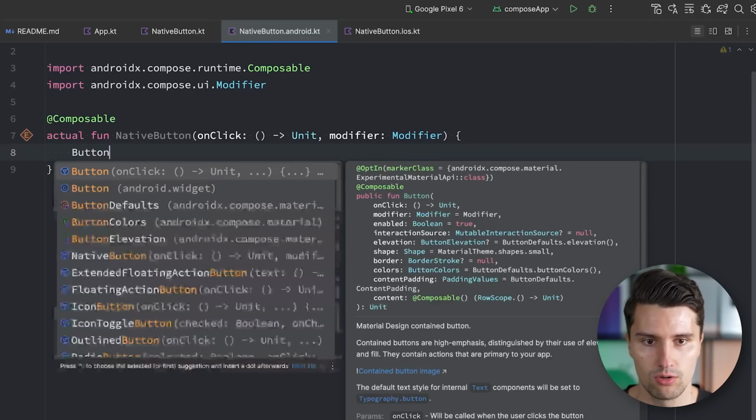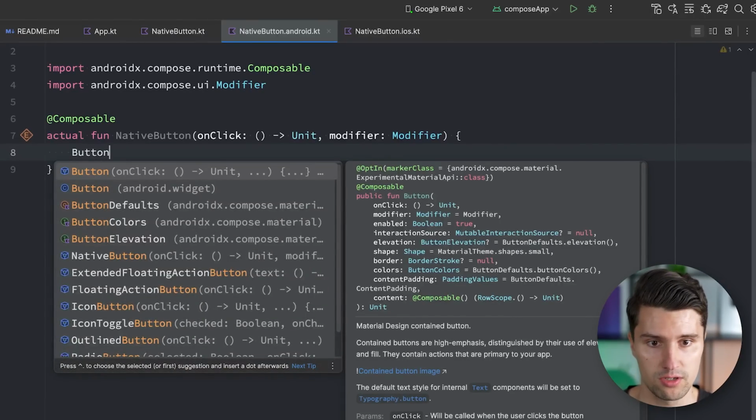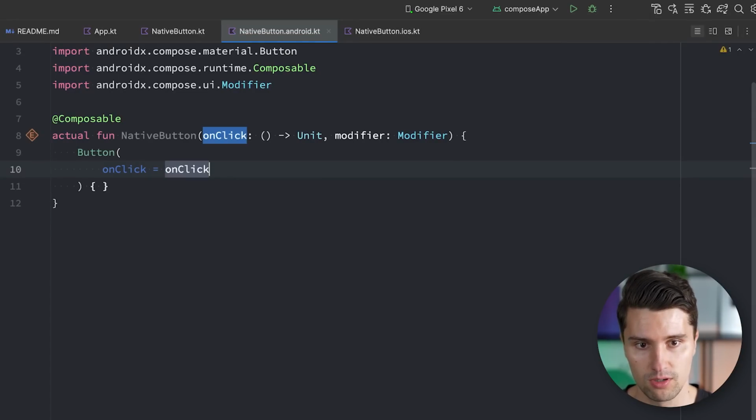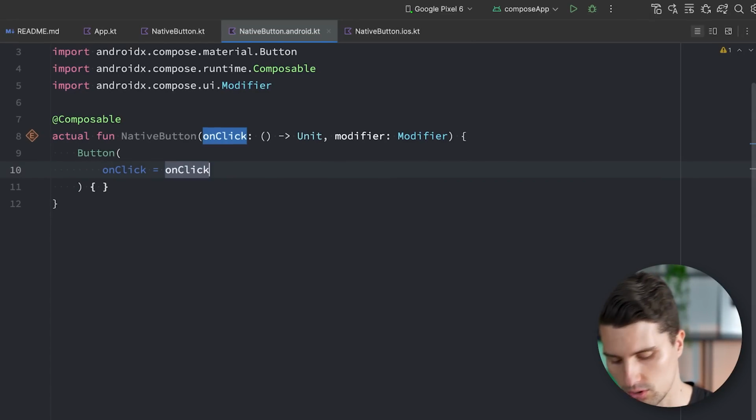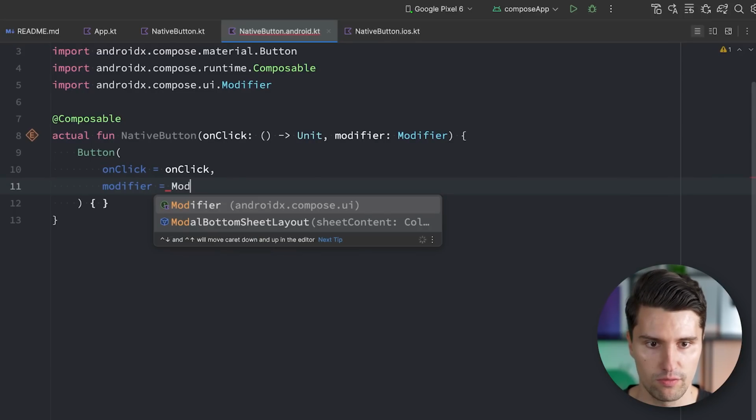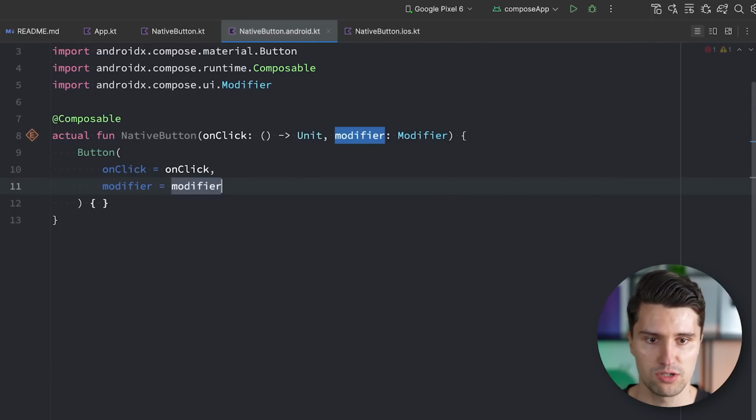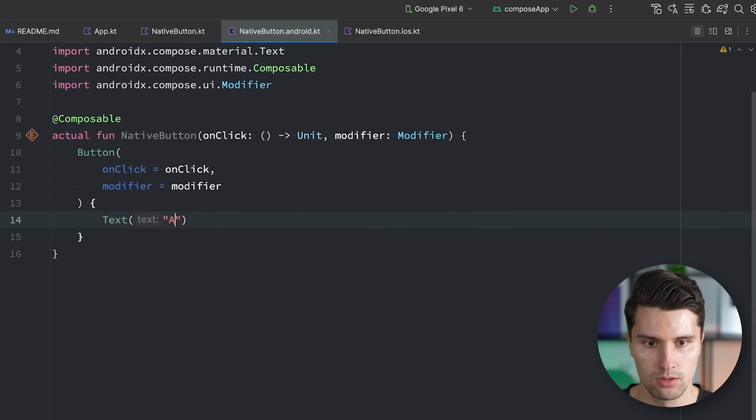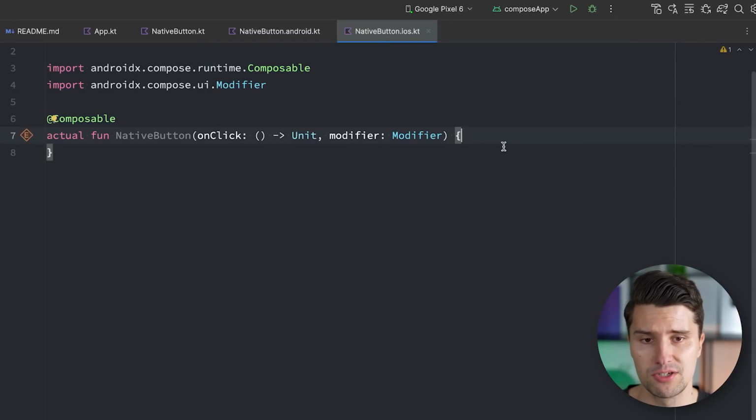Or we can just say, okay, the native button on the Android side of things resolves in a normal button composable, which is a material composable. We set the onClick function to onClick. We forward our modifier, so the modifier we passed here, and then we say, this is the Android button, for example. Now in iOS, things work a bit differently because here in our shared code, we obviously don't have access